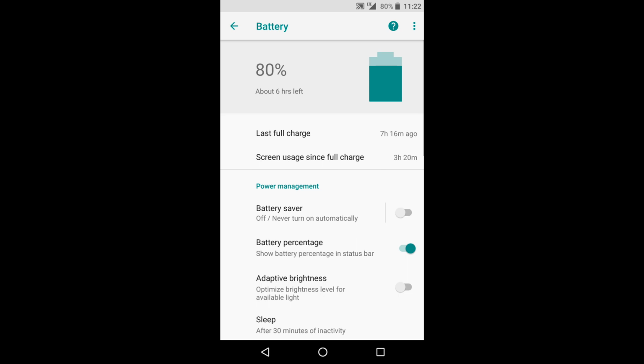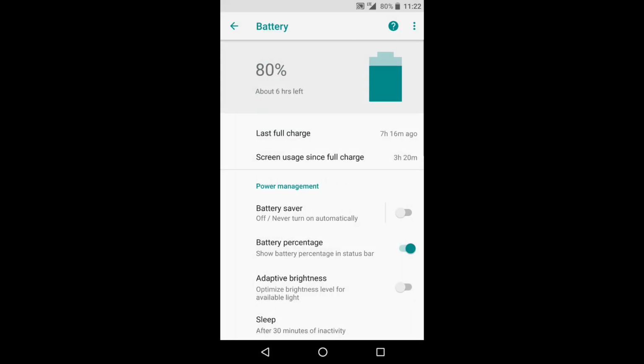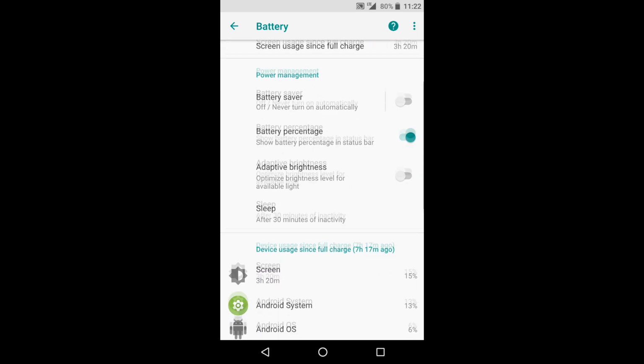Battery. This is weird. It used to be animated on the last version. This little battery, whenever you'd go into the screen, the battery would fill up to whatever the battery percentage was at the time. But now it looks like they've done away with that. Not sure why. I mean, it didn't serve a purpose, but it was just a cool little effect that it did. But apparently they decided that wasn't worth it. Show full device usage. I'm not sure what that is, but